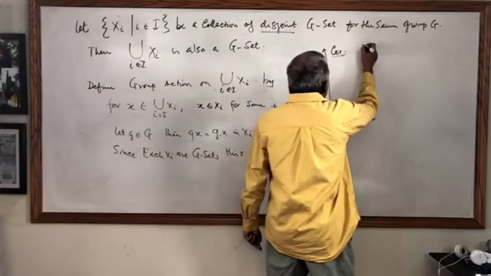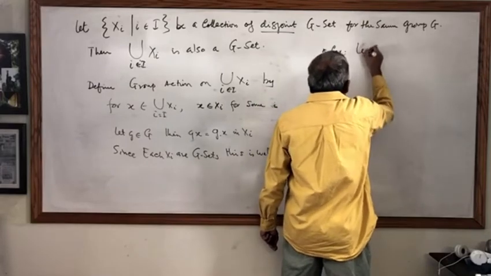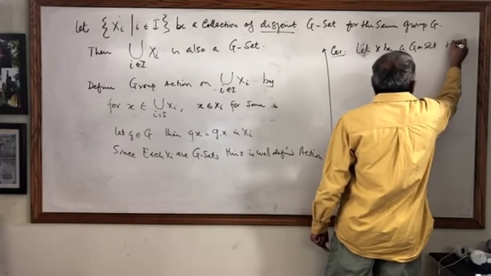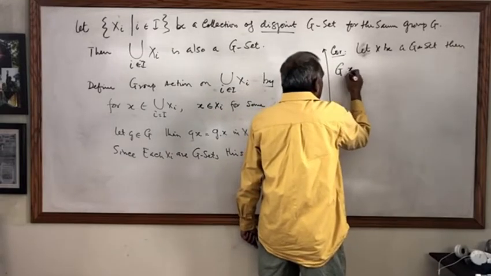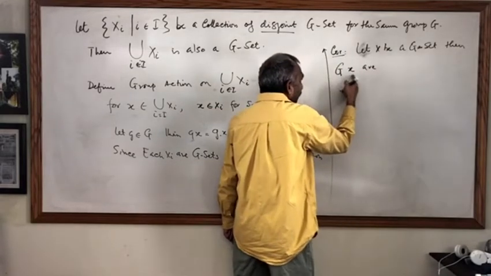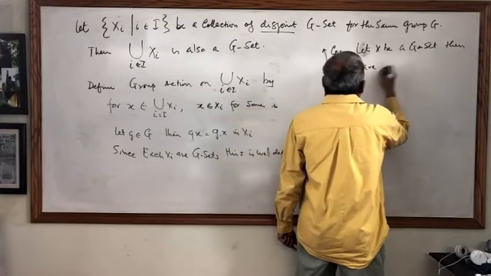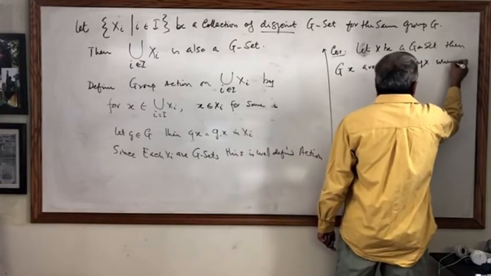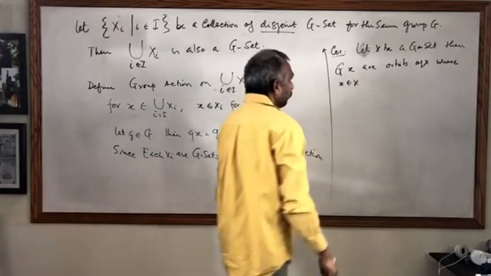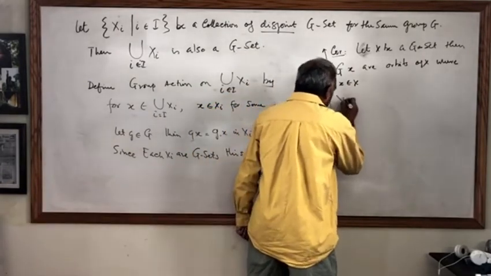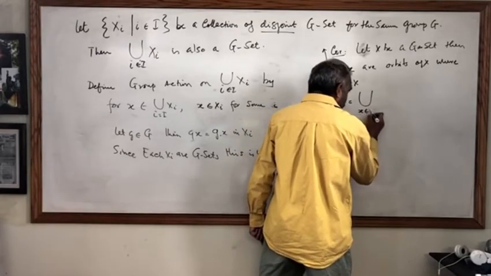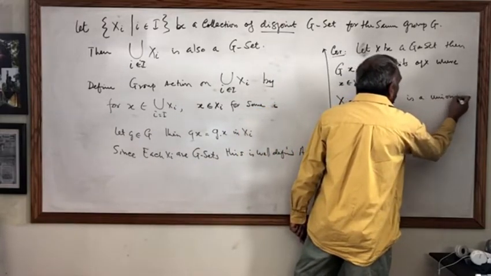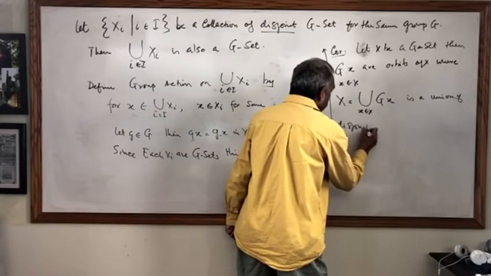See, let X be a G set, then Gx, this is actually the orbit containing x, are orbits of x where x belongs to X. So you can write X is equal to the union over x belonging to X of Gx, is a union of disjoint orbits,